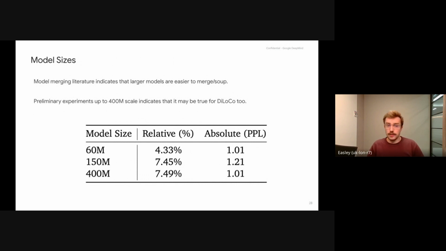We also wanted to try different model sizes. The model merging literature, so everything that is related to soups, for example, indicates that larger models are easier to merge. So we wanted to figure out if that's still true in our setting, where we do some model merging, but regularly across training and not just at the end of training as in the classical model merging literature.